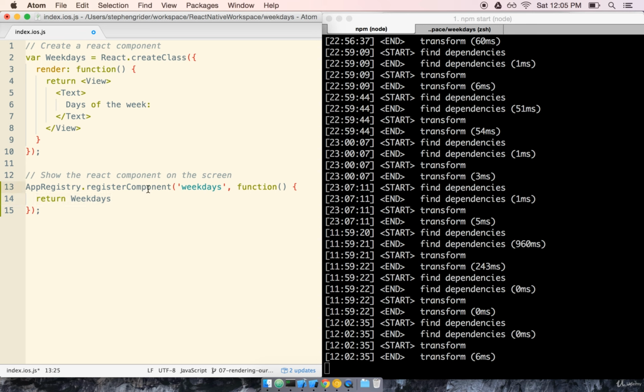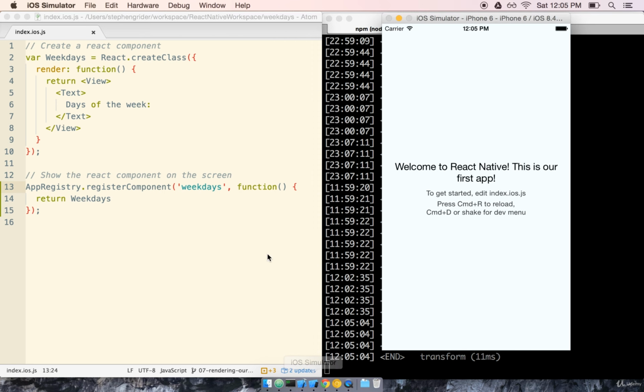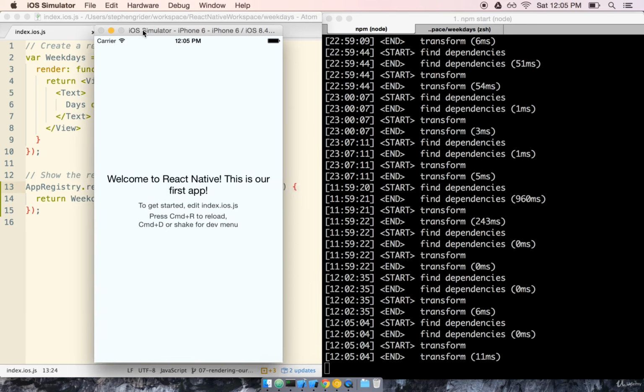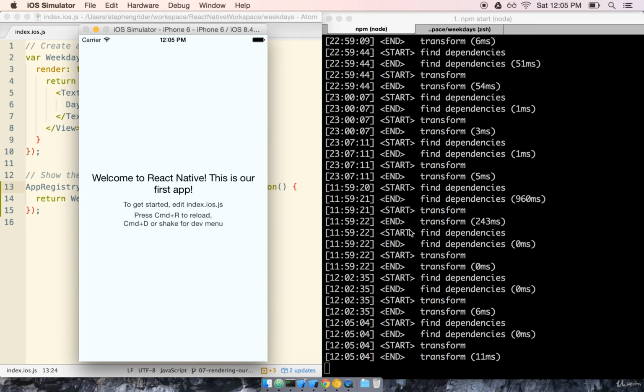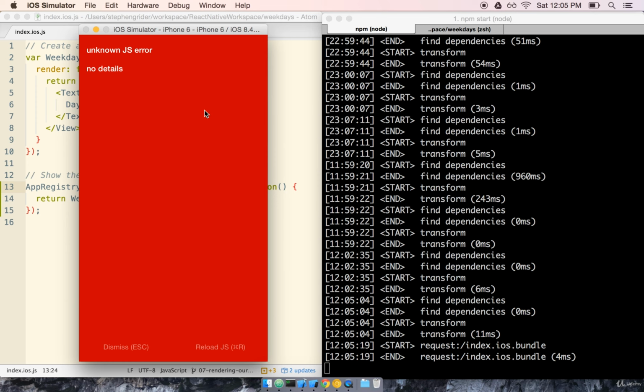So let's go ahead and save this file. I still have my simulator running. If you don't have yours running, just pop open Xcode, hit the play button, and make sure that you have the npm start process running as well. So I'm going to go ahead and refresh this, and of course we get an error. Fantastic. All right, so let's alt tab back over to Xcode,